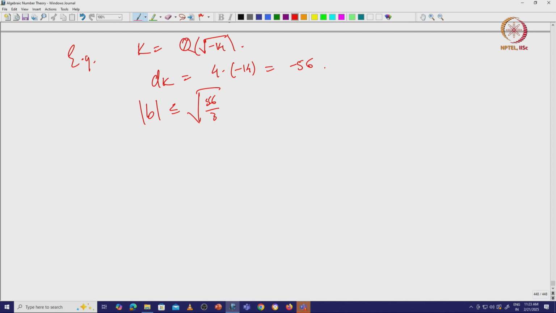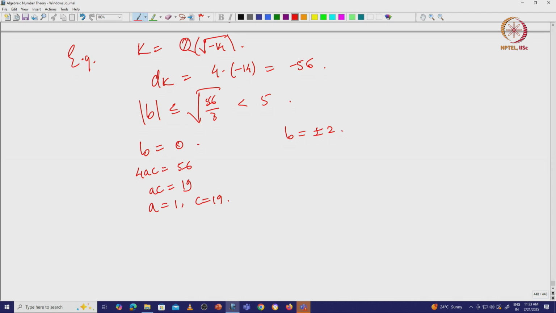This is less than square root of 19, and so it is certainly less than 5, and so you can take B to be 0, in which case 4AC is 56, which means that AC is 19. So you get A equal to 1 and C equal to 19, or you can have B to be